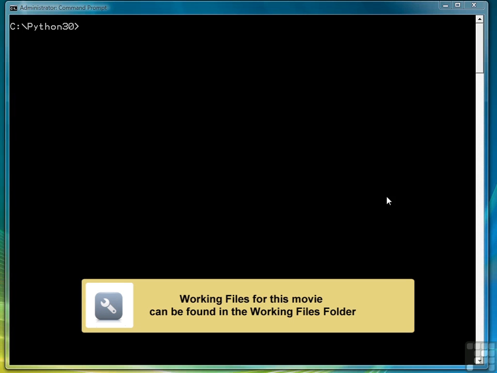In this lesson, we're going to learn how to create our own user-defined module. A user-defined module is just a Python program that we turn around and import into another Python program so that we can use the code that was defined in the module. For this example, we're going to use the Newton's method of approximating square roots